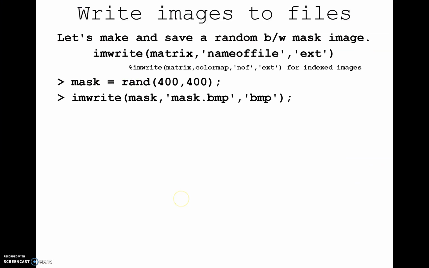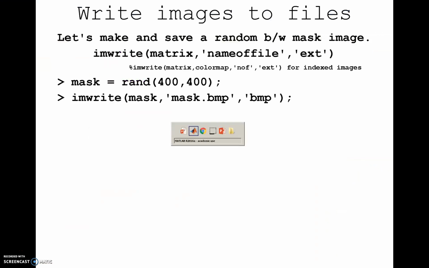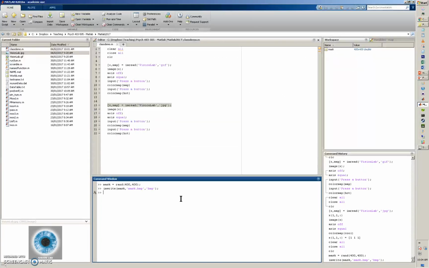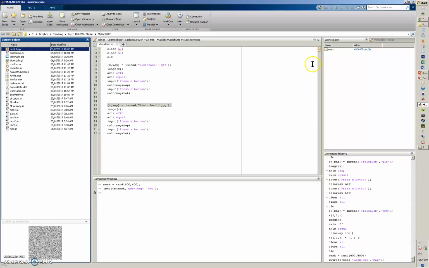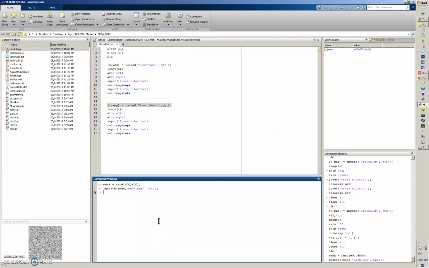And we'll type in here, imwrite mask, and we'll save it as mask.bmp, and it is a BMP. So now we've created this file mask.bmp in our folder, and you can see the preview here shows that it is black and white and a random mask. So let's clear it out of our workspace,